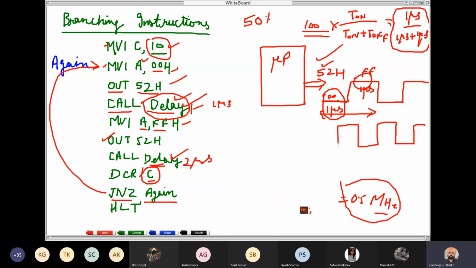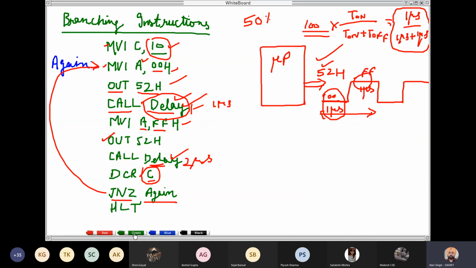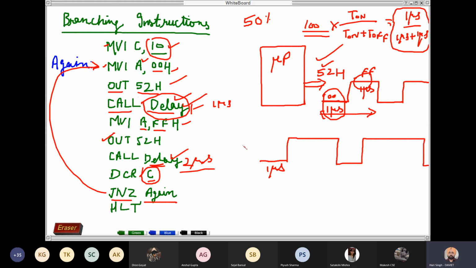What will be the duty cycle of the generated waveform? This waveform will remain low for 1 microsecond, then remain high for the next 2 microseconds, and then low for 1 microsecond, high for 2 microseconds, and so on. The total time period is 1 microsecond plus 2 microseconds.